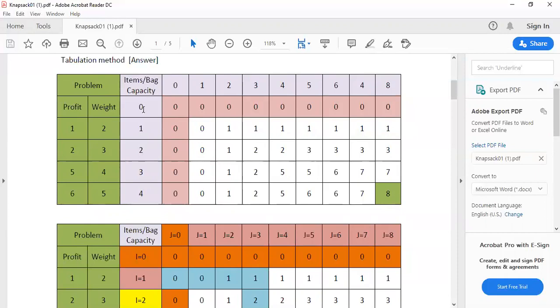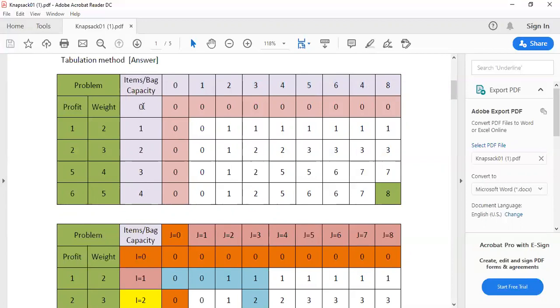Now, the next thing you need to do is start the item numbers. The item numbers are given as the column. This is called the bag capacity, and the column represents the item numbers.